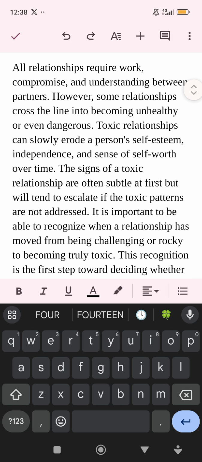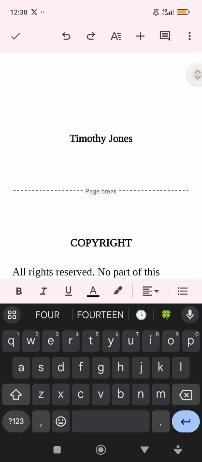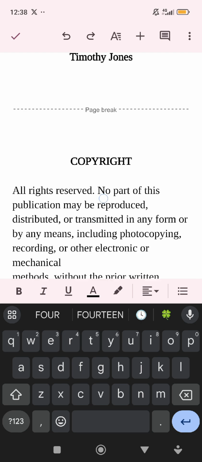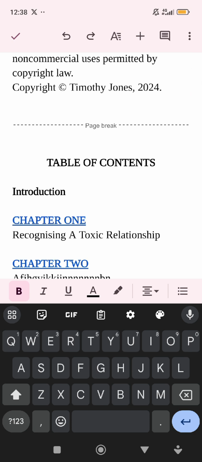So once you are done with all of this, you are sure that your book is okay. You will read your book. Before you publish your book, you must read the book you're publishing, of course. If there are some grammatical errors here and there, you can correct them. So let's assume you are done formatting your book. Table of content. Let me come down a little bit. It's too close to this page. Now, let's say you are done formatting, editing, doing everything. Your book is ready. You want to save it.